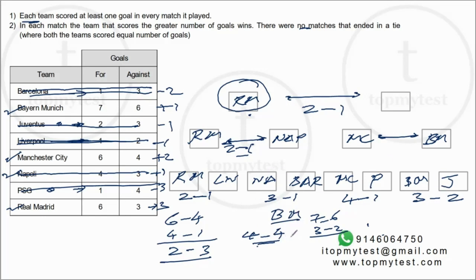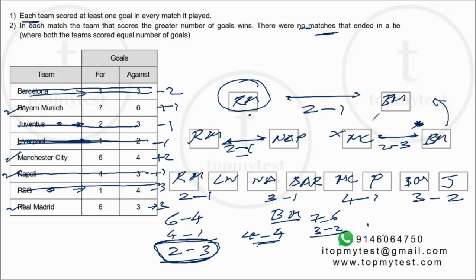Now, if we proceed in a similar manner as the discussion earlier, if Bayern Munich loses here, 4-4 will be the score in the last match that it played. Now, if the match that it played is 4-4, that ends in a draw. No matches end in a draw, which means Bayern Munich cannot lose here. Bayern Munich actually reaches the final. Manchester City actually loses. And how does Manchester City lose? This will be the score for Manchester City in the semi-final. It will score 2, concede 3. Bayern Munich reaches the final.